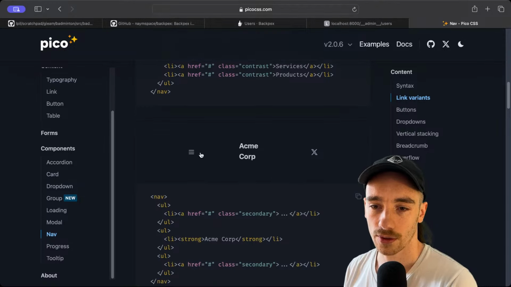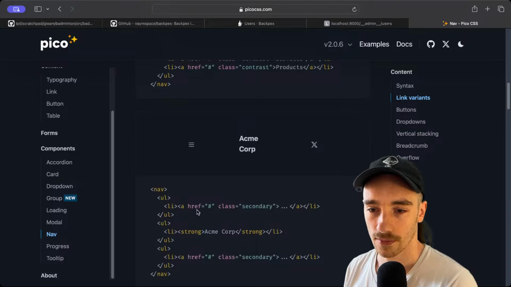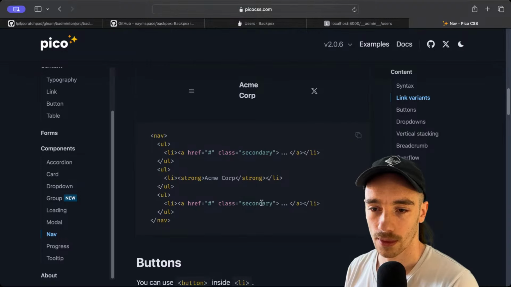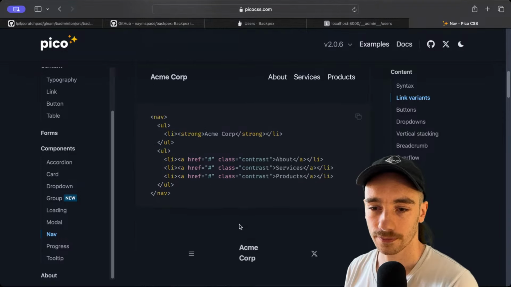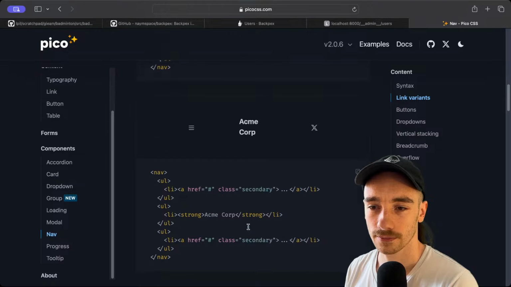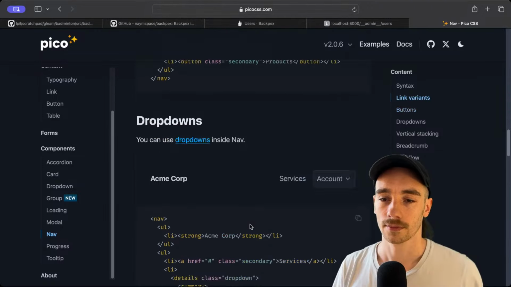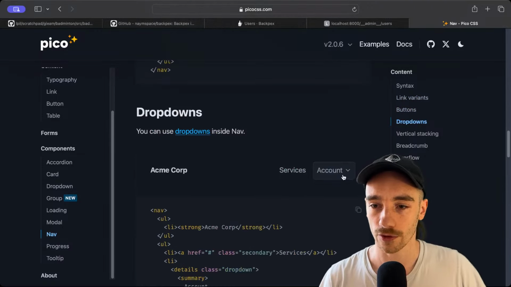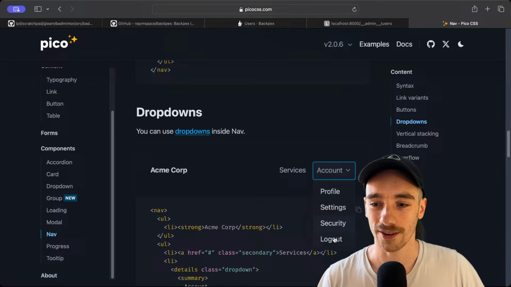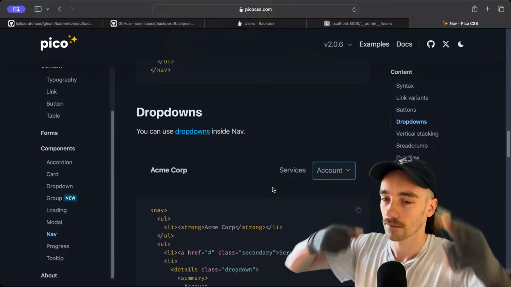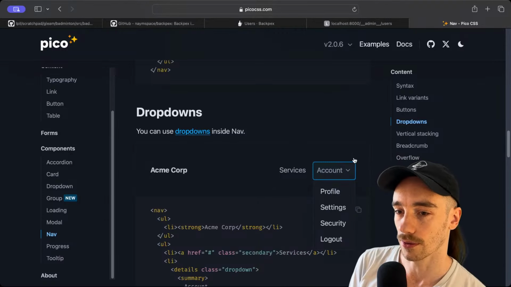Oh, there's like a little burger. Oh, doesn't do anything. Why is that? I don't get it. Oh, drop down. Drop down. That's what I want. I want to drop down. Oh, yes. That's what I want. Then I can put all the different tables in this little drop down. That's what I want. Okay, so